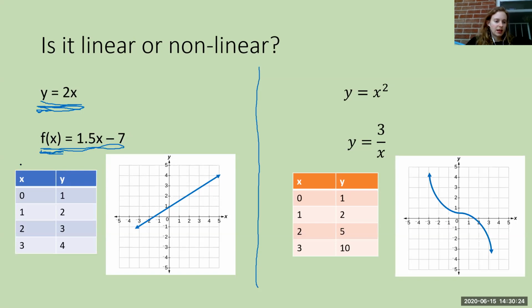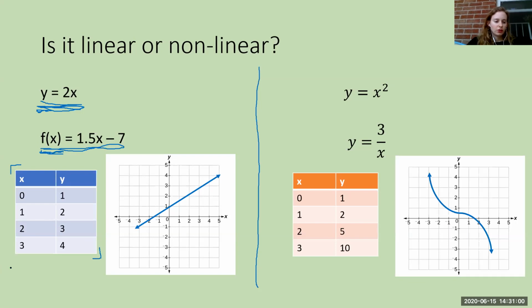It's going to be a linear function. All right, and then looking at this table, I'm telling you that this table is showing a linear function or a linear relationship. But looking at it, how do we know that this is a linear function? Well, first of all, we know it's a function because it meets the definition of a function, right? Each input has exactly one output, so that's taken care of. But also, if we look at the x values and the y values, we see that it has a constant